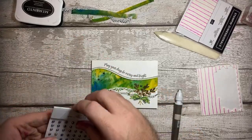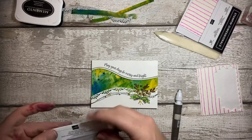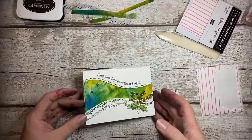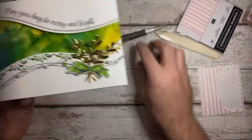I'm actually really happy with how that comes out. You can see it looks really, really messy and ugly at the beginning. I thought, oh my God, is that really going to work out? But with this type of crafting, you just kind of need to persevere and work with it and then finish your project, because it's when you've finished it that it all comes together. So there is my